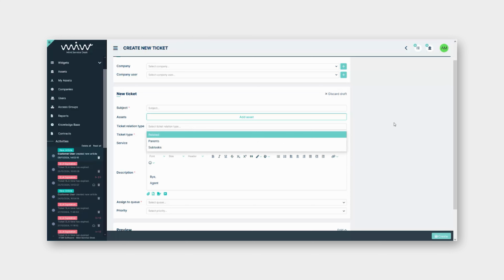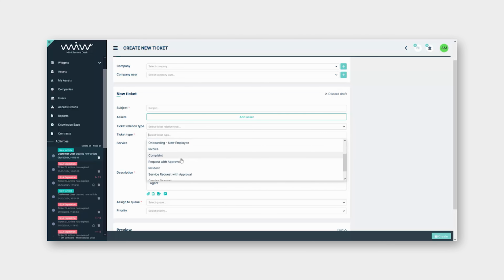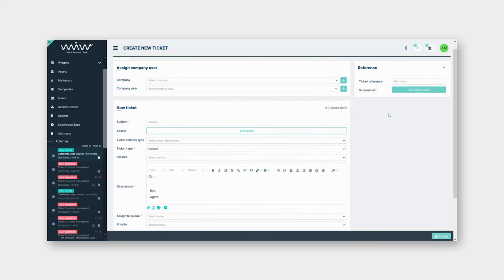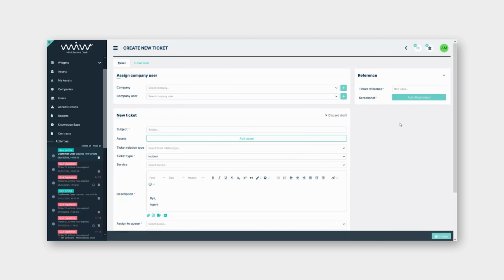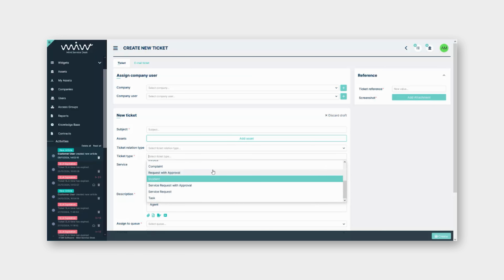As you can see, at the moment that I select the type, let's say incident, like I was doing, it displays the ticket reference, because sometimes when we report an incident, it comes from another system. So I will say the ticket reference from the ERP or from the other system is this, so you can write it. Additionally, if we have change management and a service request, a request for change, then